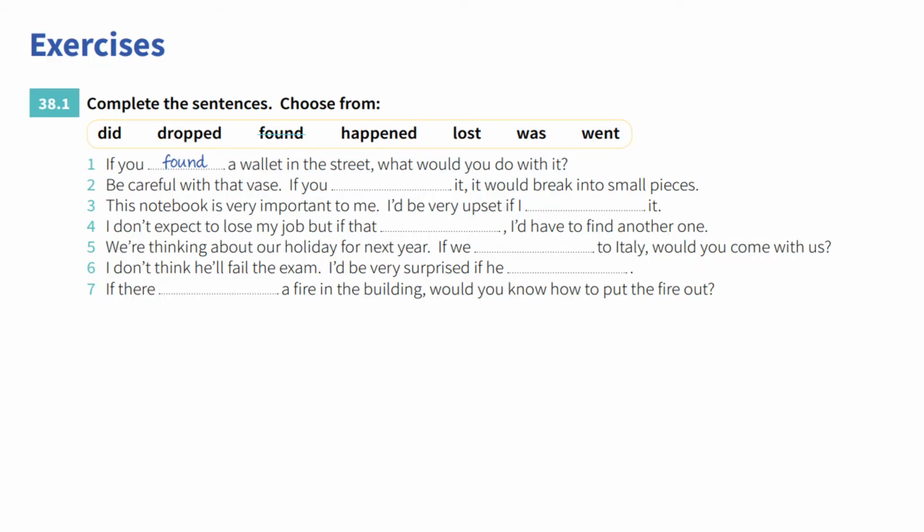Now let us do exercises. Complete the sentences and choose the words from the box: did, dropped, found, happened, lost, was, went. Number 1: If you found a wallet in the street, what would you do with it? Number 2: Be careful with that vase. If you blank it, it will break into small pieces. So if you dropped it,